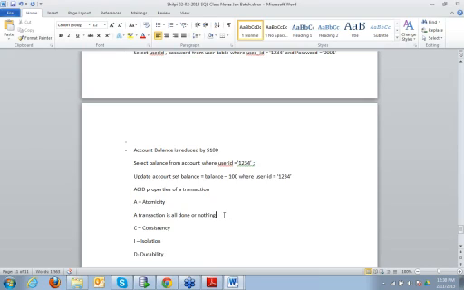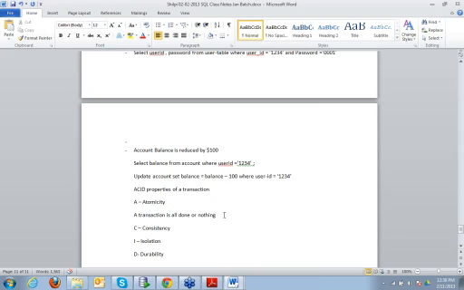So the transaction, let's say I want to transfer $500 from account A to account B. My transaction will not be completed until I deduct $500 from account A and increment $500 in account B. If for some reason, let's say there is some power failure or system failure in the middle of the transaction, then it has to roll back.